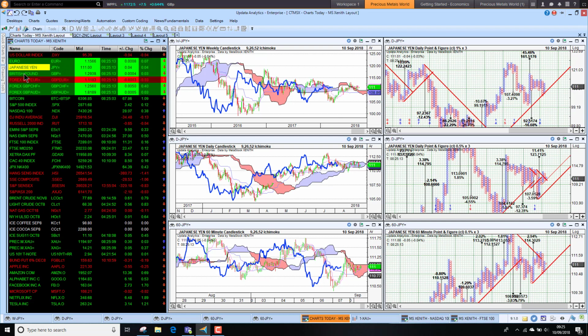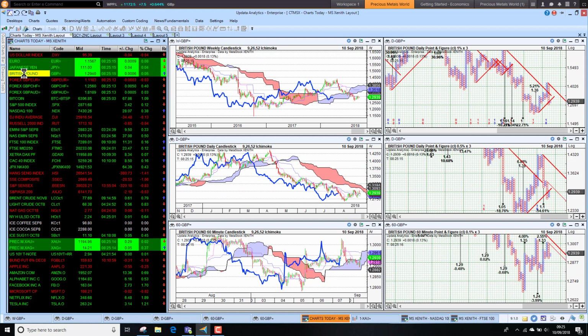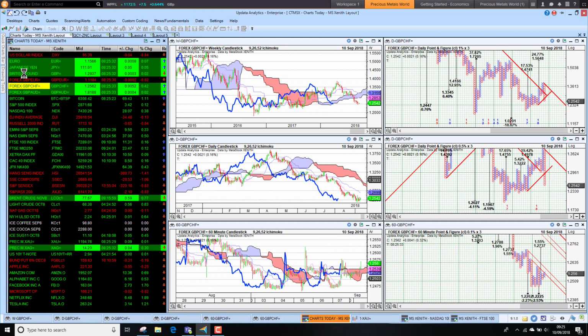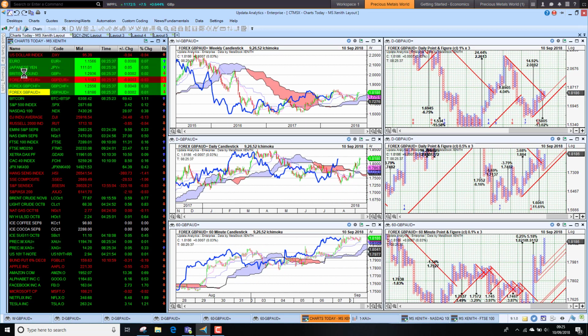So dollar strength still a theme, and if we look at sterling, we're seeing sterling is actually looking a little bit stronger against the dollar on the short-term chart, but medium term, of course, still bearish. Sterling against the euro is looking stronger this morning. Euro falling a little bit on Swedish vote and just sentiment generally in Europe. And we're seeing against the Swiss franc, sterling also improving, and against the Aussie dollar also looking quite strong there, bullish above the cloud in all three frames, suggesting weakness in the Aussie dollar.